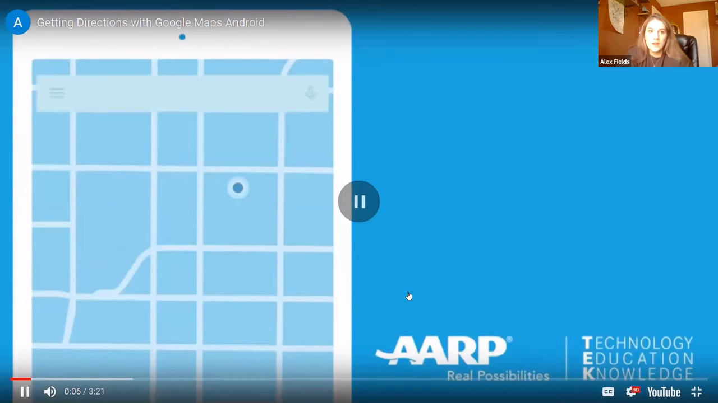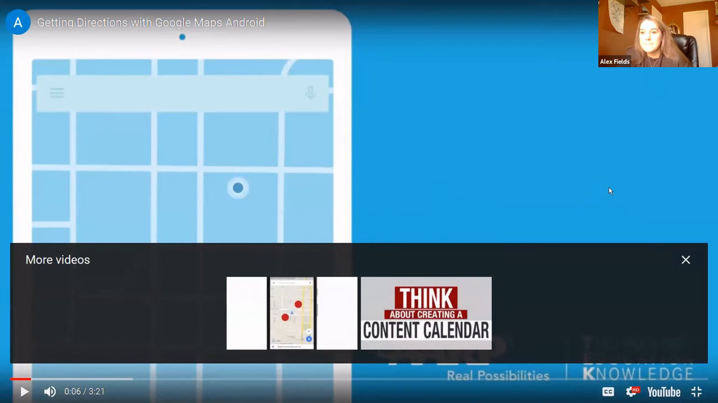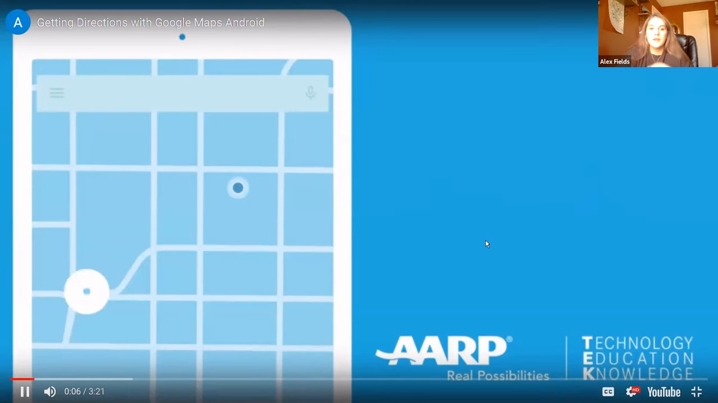Google Maps can calculate the fastest route to location and